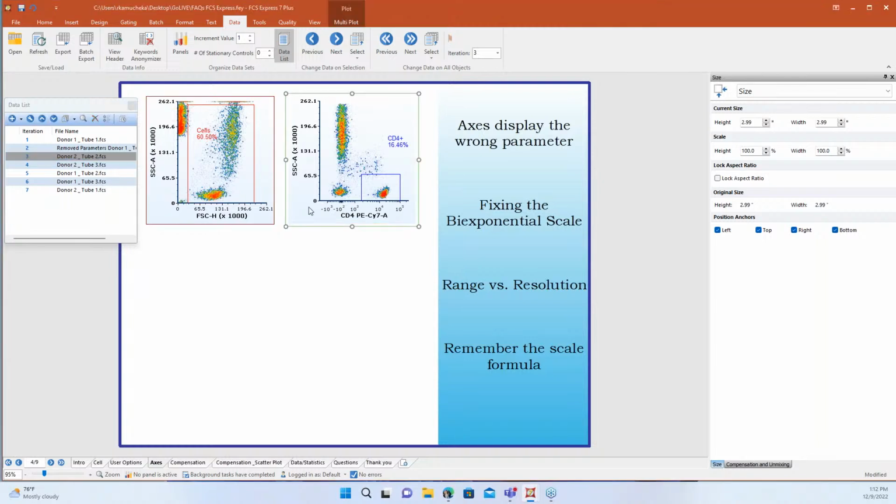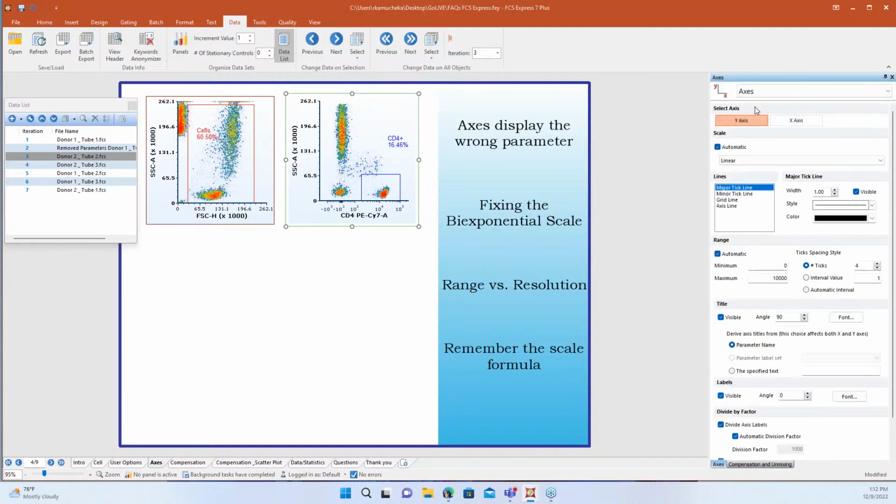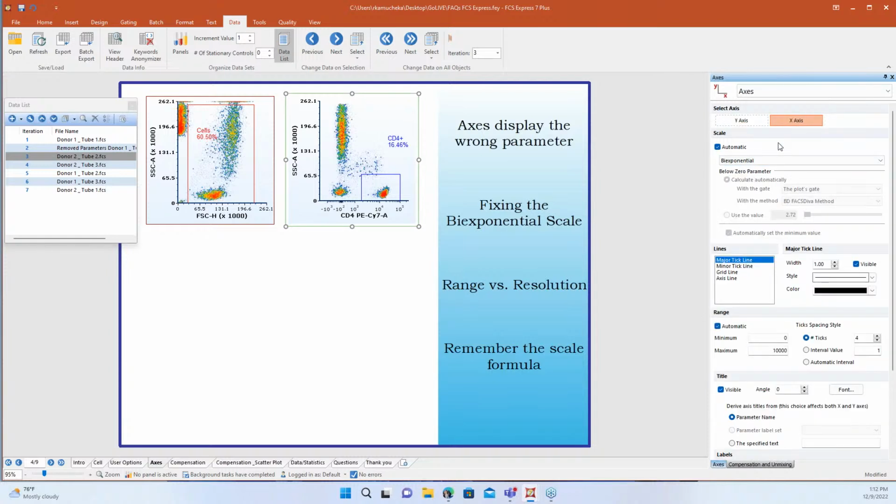Well, this is a really easy fix, fortunately. What we can do is select that plot, and then use this drop-down menu. We go to our axes, and here we have linear for our side scatter, so that's great. This is always a good indicator. If you're using two floors, you sometimes forget that there are two different tabs here for y-axis and x-axis. If you're like, oh, this is linear, not the right thing, click on my x-axis, and then I can see I have my bi-exponential here.